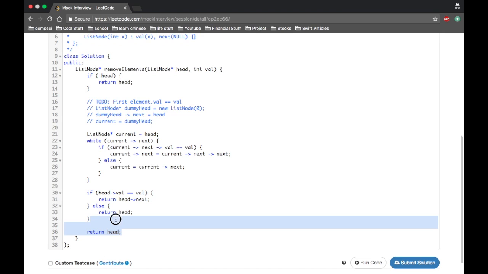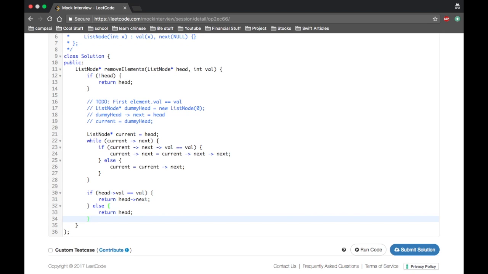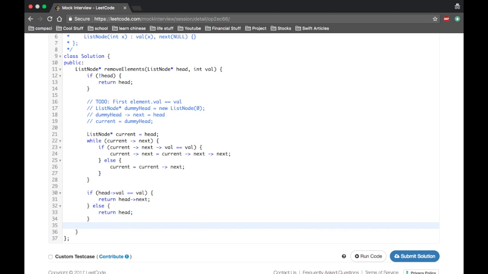Right, and then I think I could optimize this by doing a return with head val equal to val. Is that true? If it is, then return head next, else head. Okay,